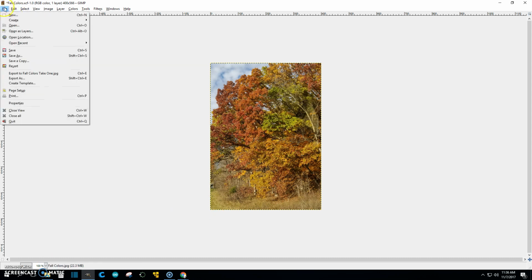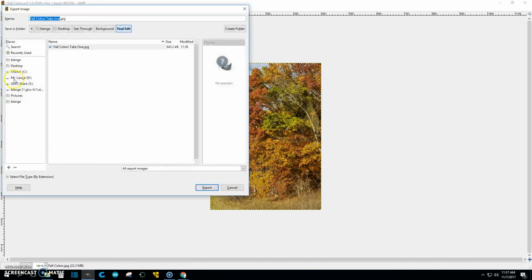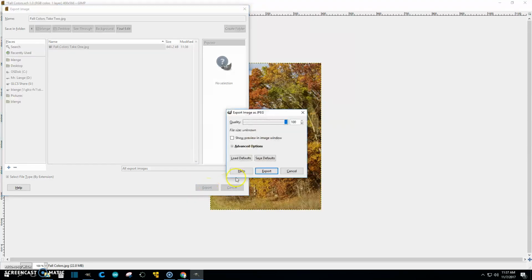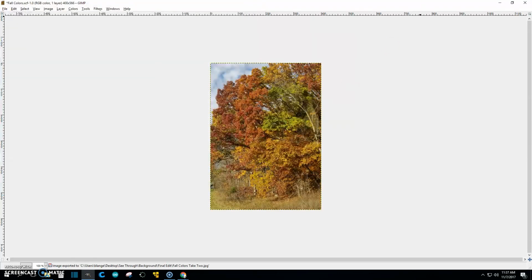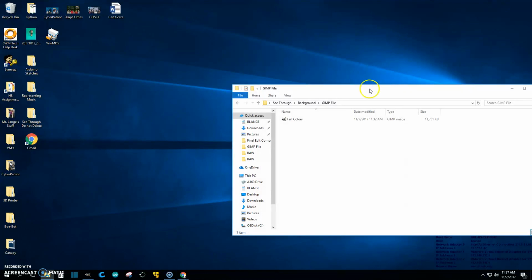So I'm going to export this one as well. Export as. And now I'm going to change this Take One to Take Two, just so I can compare the two, and choose export. Well, export. There we go. And yes, export again. So let me go ahead and minimize my GIMP now,